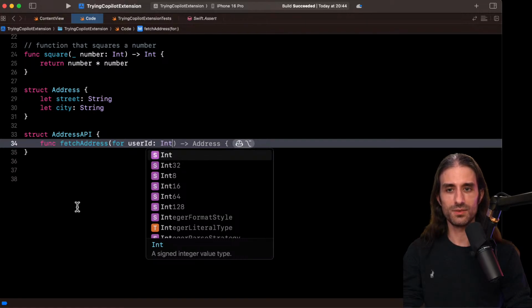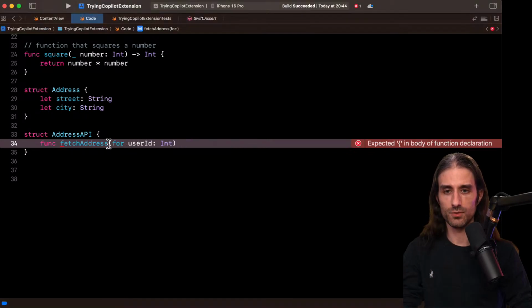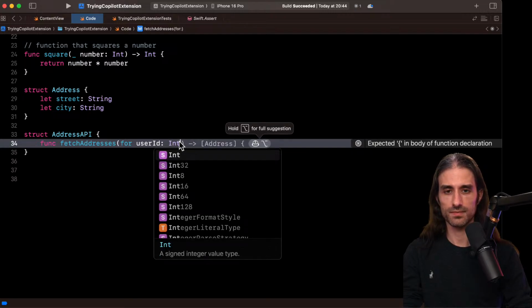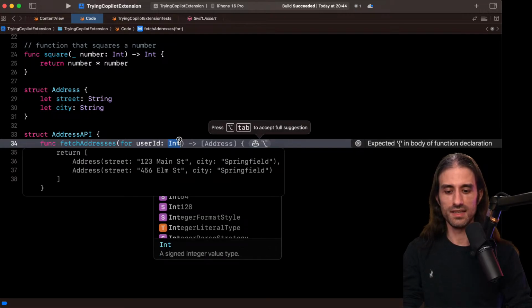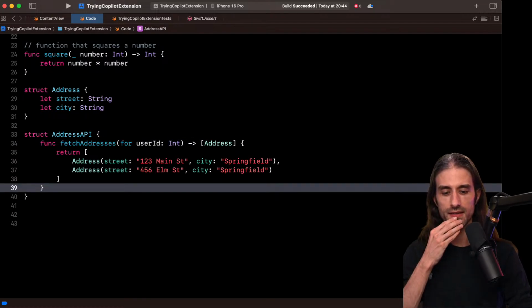I would like it to, it's crazy because it was working. It was going into this, so I could say fetch addresses. Maybe that would help, I don't know. It's still suggesting to return hard-coded data.